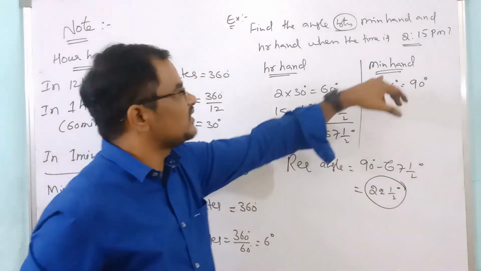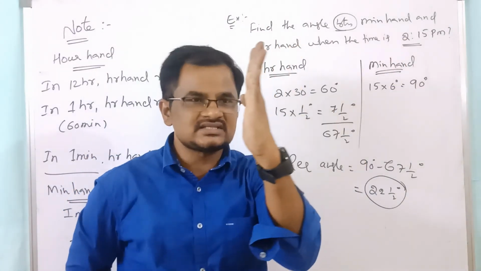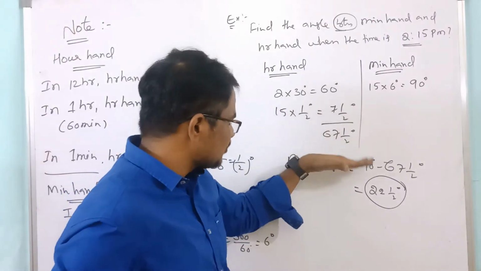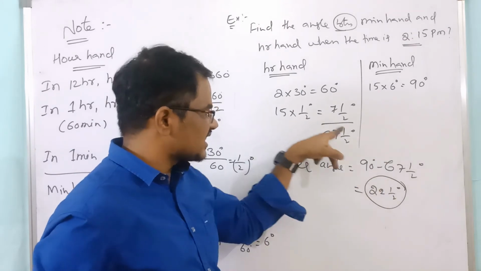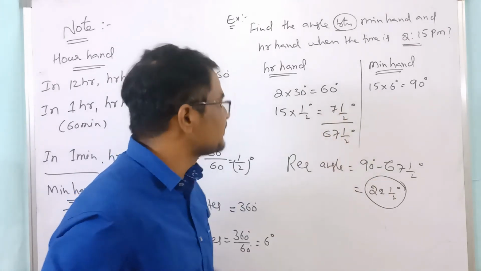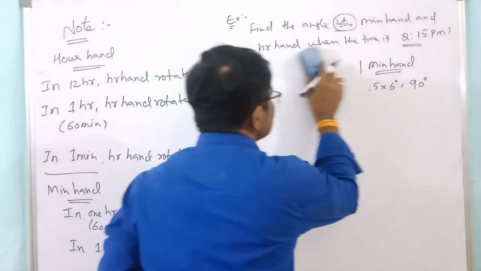So here carefully observe: for the minute hand, the 2 hours we won't consider, because from here to here, that angle only we have to observe. For 1 hour and the second hour, you will get the same position. Okay. Next take one more problem. You will get clarity about this one.